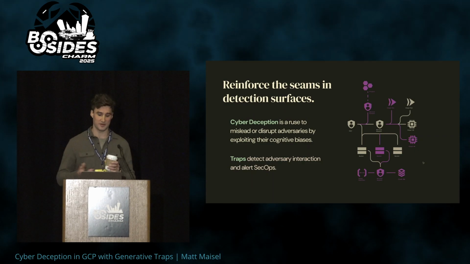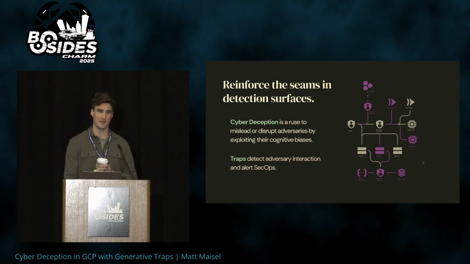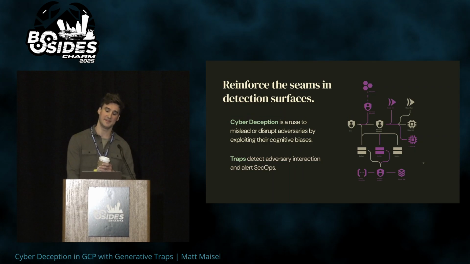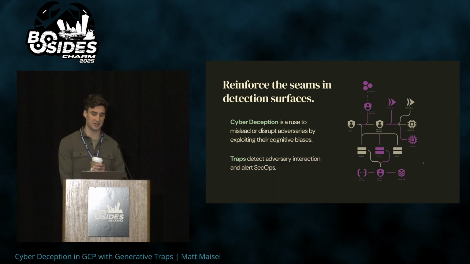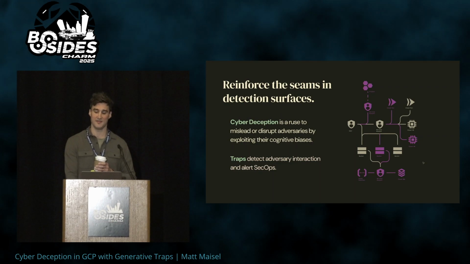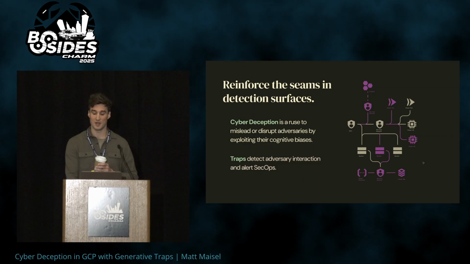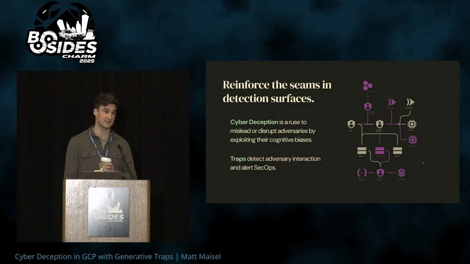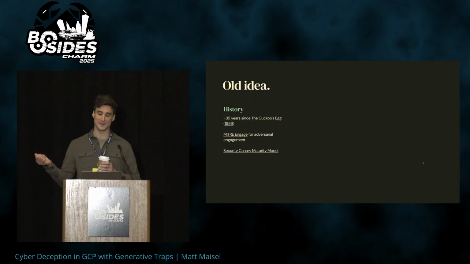Traps, what we've called decoys or canaries or honey credentials or honey tokens, depending on the deployment scenario, are meant to detect adversary interaction by imitating an internal target asset. And when there's interactions, we can alert the SOC on that activity, and then from there, perform immediate investigation as a high precision alert, do initial response, or potentially do further monitoring and generate threat intelligence that's custom and bespoke to our environment. But hold up a minute, deception for cybersecurity isn't anything new.